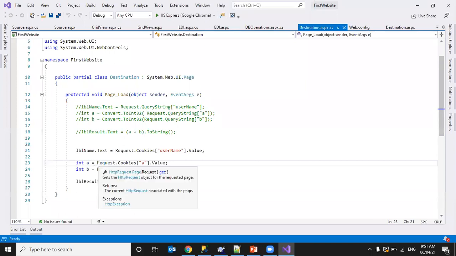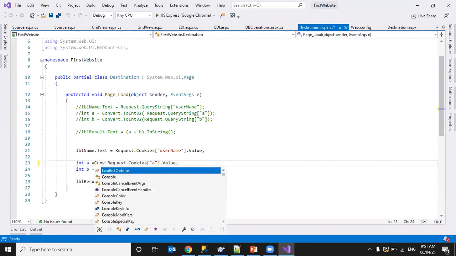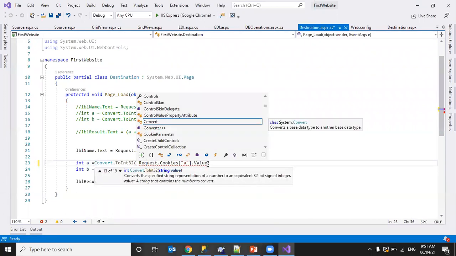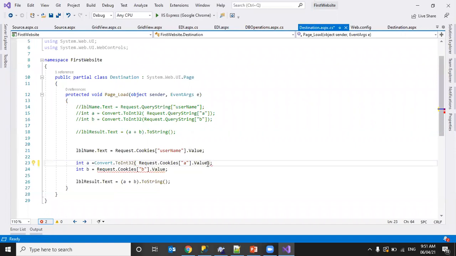Here the value will be in the form of a string, so that is the error it is displaying. Now it should work.